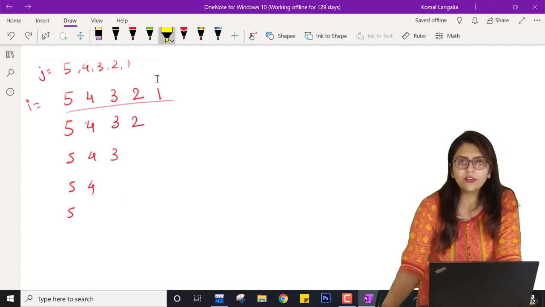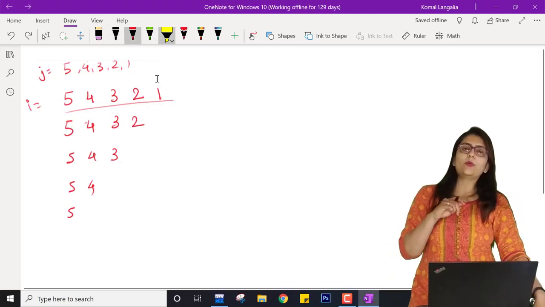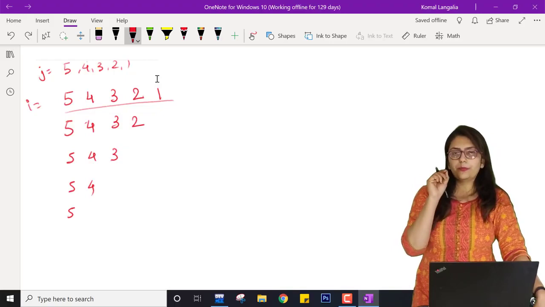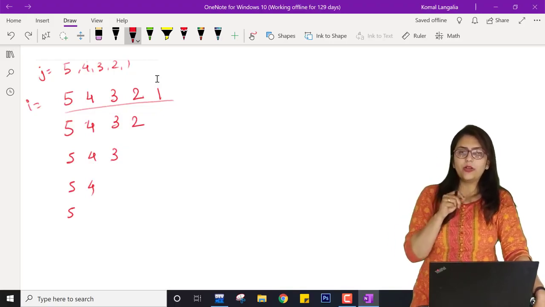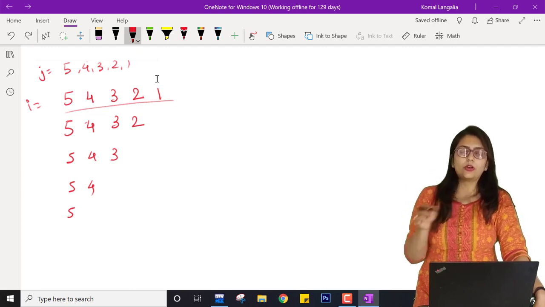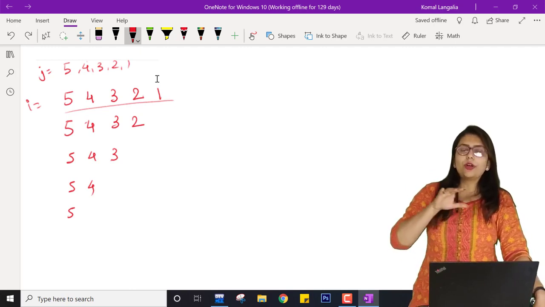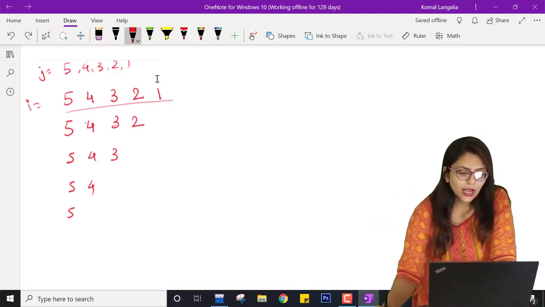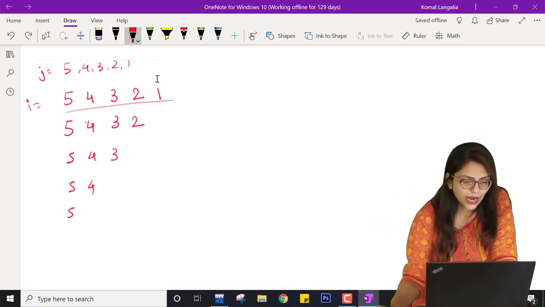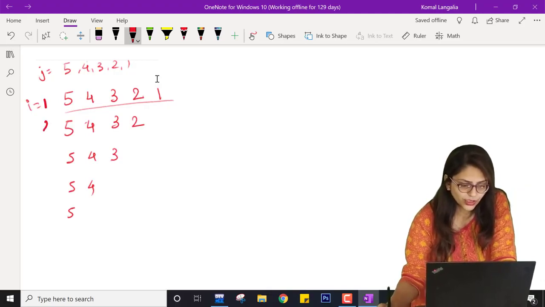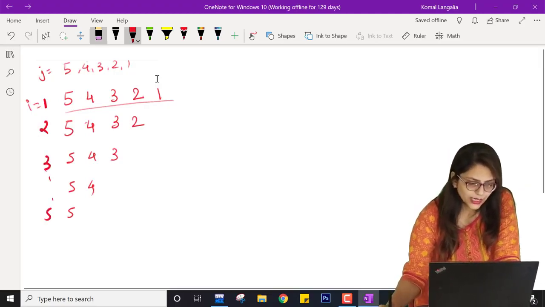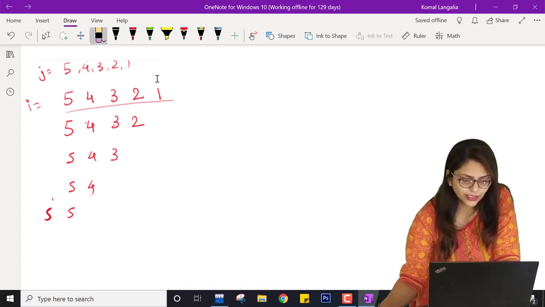Let me give one hint: whenever you are dealing with these patterns, one of the loops, especially the inner loop, will contain a range from 1 to i or i to 1 or something like that. So you are not going to go till n in case of the inner loop. And here every loop will be opposite, so i will be starting from 1, 2, 3 up to 5. Now let us check. I'm not deciding this right now, I am just writing my code.